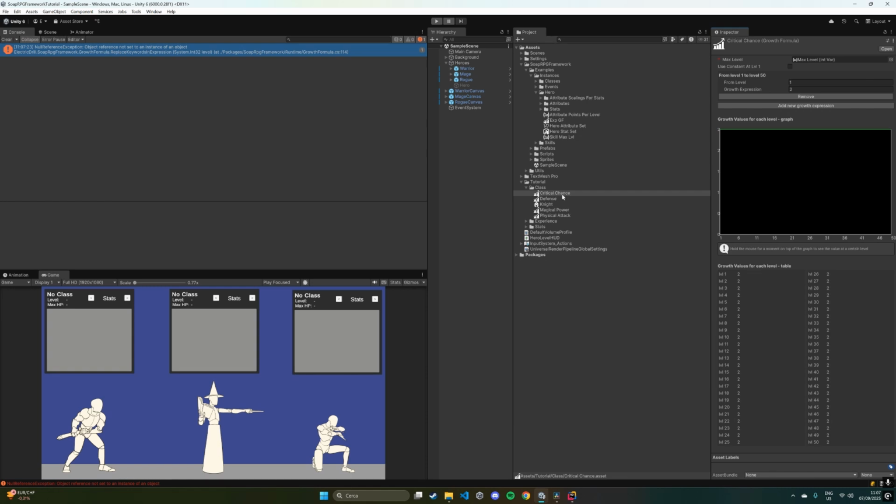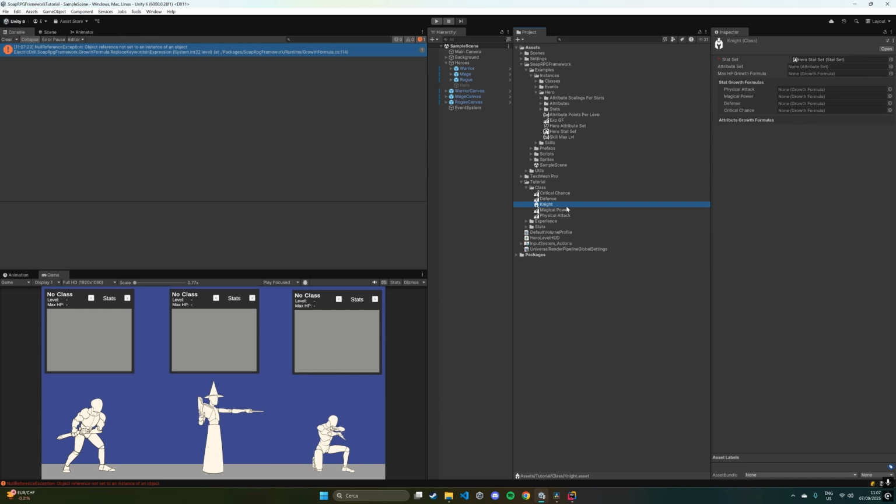Because probably it will be affected, for example, by attributes, by equipment, by buffs, and by other kinds of things. Okay, we are now left to drag and drop our growth formulas for the statistics in our class. So physical attack with the physical attack growth formula, magical power to magical power, defense, and critical chance to critical chance. Very well. So now our knight has the progression for the statistics, but maybe we also want to set the